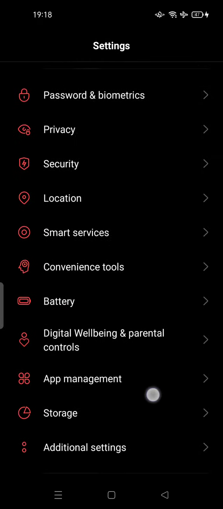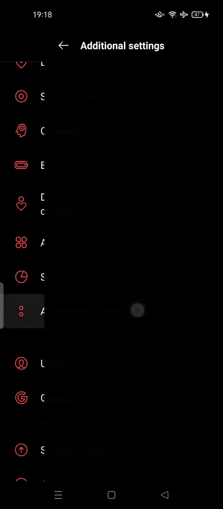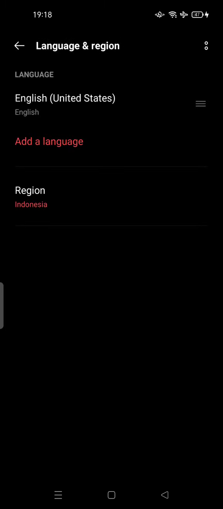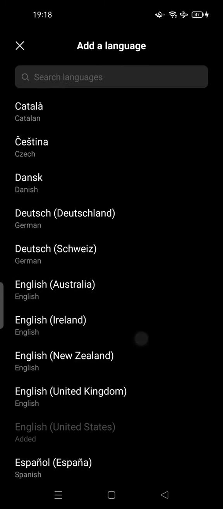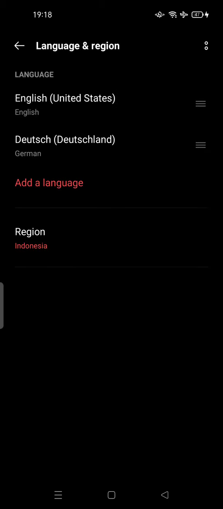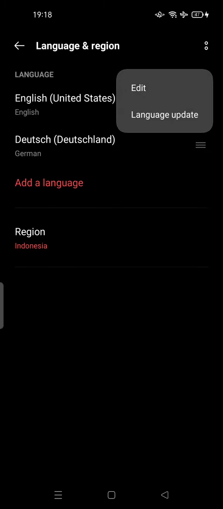and you can scroll down and try to search for Additional settings. This one, Language and region. Here you can choose the language. Here you can add a language, for example a German language, and then you can edit it